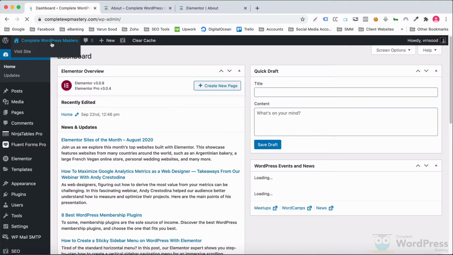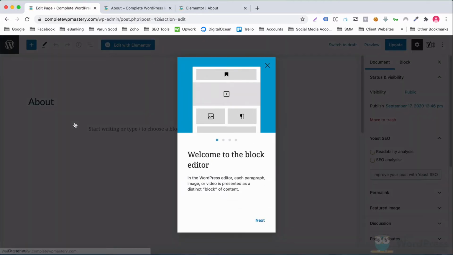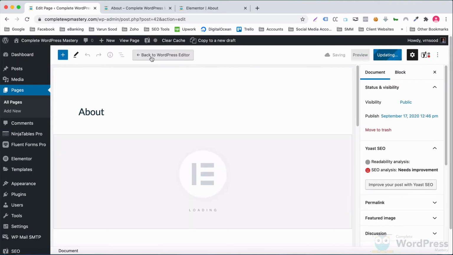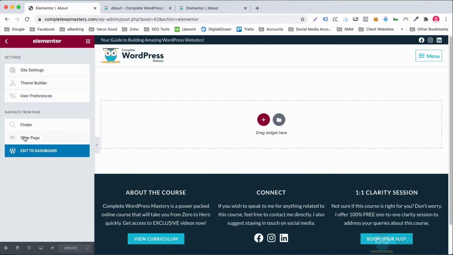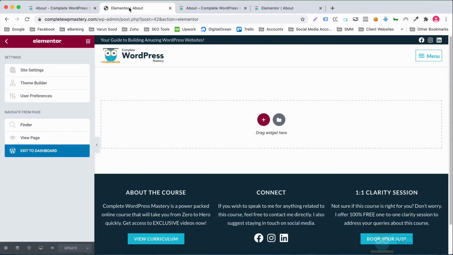If you take a look at the Pages section in WP Admin, you'll see the word Elementor next to the home page. This is an indication of the fact that this page has been designed with Elementor. We don't have Elementor written next to the About page. Let's open it and click on Edit with Elementor. I'll also open this page on the front end so that we can refresh it while we are working on it to see how our work looks on the front end.